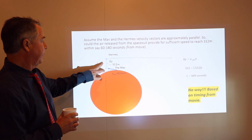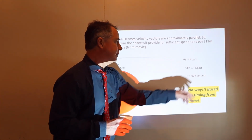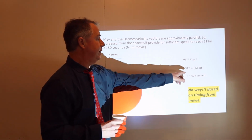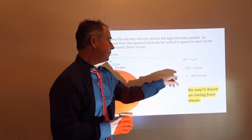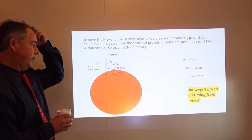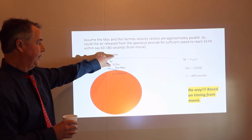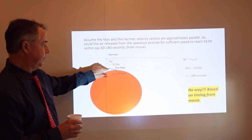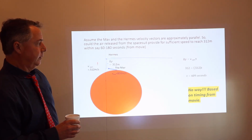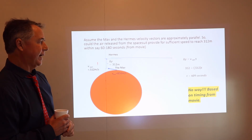Okay, so all I've done here is a really simple equation. Distance is equal to speed times time, right? The speed of Watney is 0.512 meters per second times t. It's got to get to 312 meters to meet the Hermes. So let's say he's here, the Hermes here. By the time he gets to this altitude, he wants to have intersected with the Hermes. So if you solve for t, it'd take him 609 seconds to travel that 312 meters at 0.5 meter per